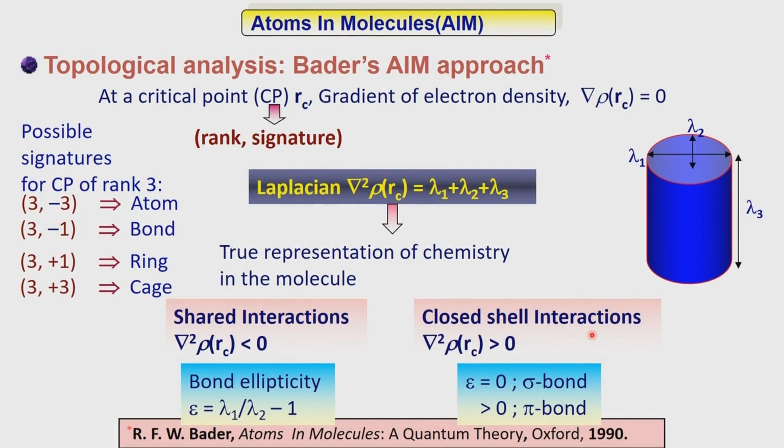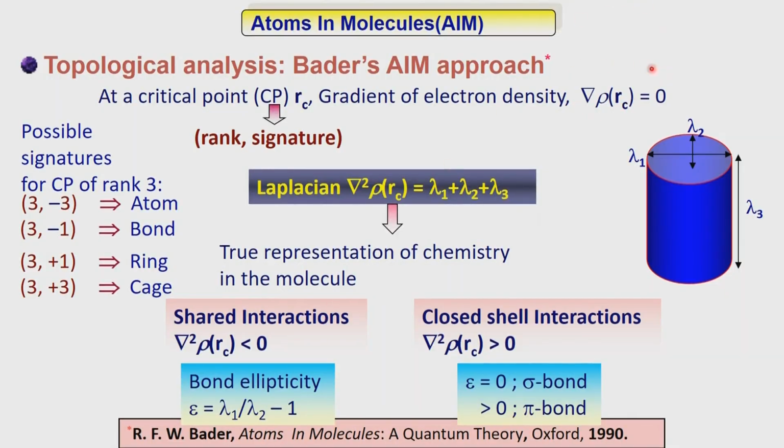That means if you have, let us say, a molecule here and a molecule there, and these two molecules are interacting through a hydrogen bond or some other van der Waal interaction, this essentially represents the limit of the van der Waal interaction. That means there is no density developed at the critical point. It is now del square rho c greater than 0. In both the cases, the first derivative of the electron density goes to 0.